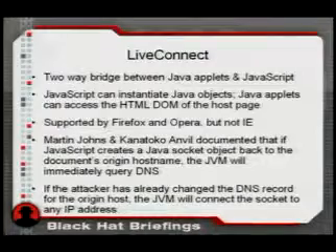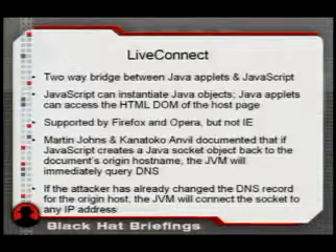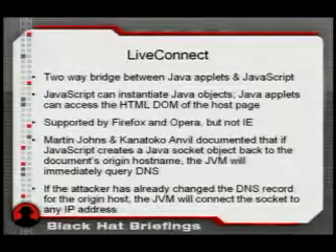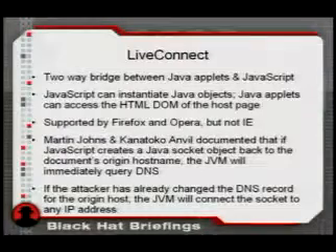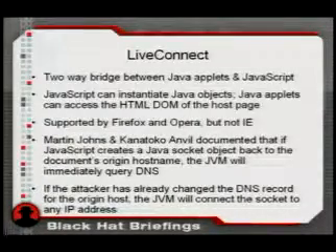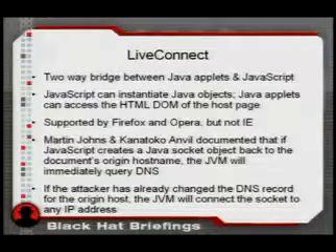Earlier this year, Martin Johns and Kanotoko, it's not Kanotoko Anvil, I was told that Kanotoko actually means anvil in Japanese, so that's a typo, but they documented that if JavaScript was creating socket objects, as soon as one was created, the JVM would start up and issue a DNS query for the host name that was supplied. Now, since there's no applet to download, this query was being used only for pinning purposes, which means that essentially the JVM will allow the socket object in the JavaScript to connect back to whatever IP address it wants, whatever is returned by the attacker.